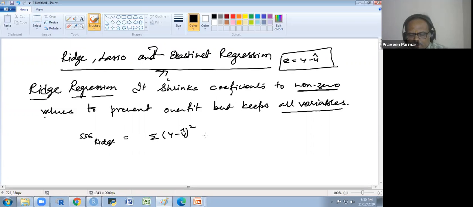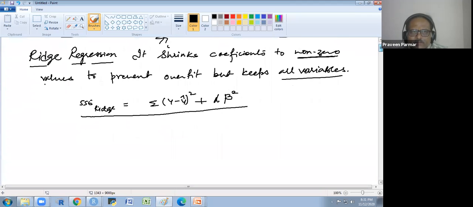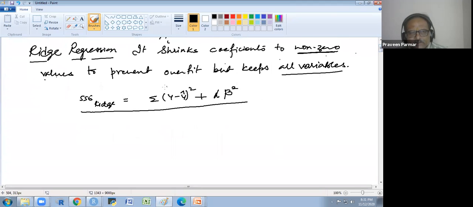And then we use one control element, that is lambda, and we use beta squared there. Whatever betas we have, the square of those we use here, and in this way the sum of square of error works. This is how we do it for ridge regression.